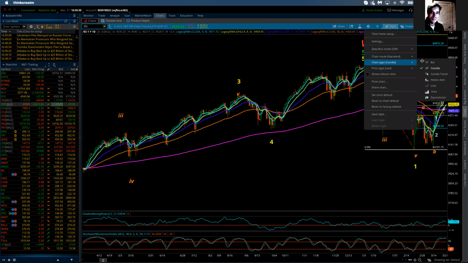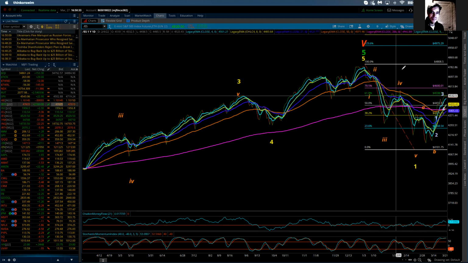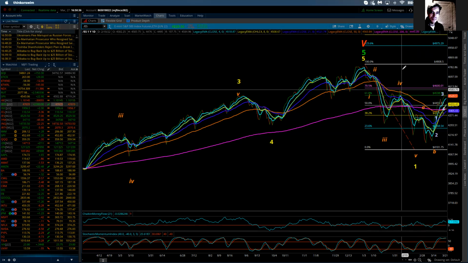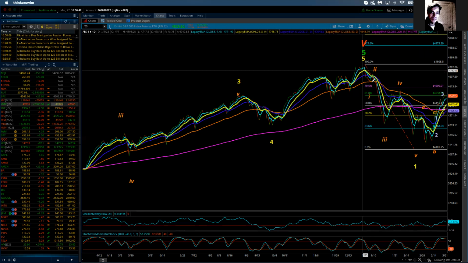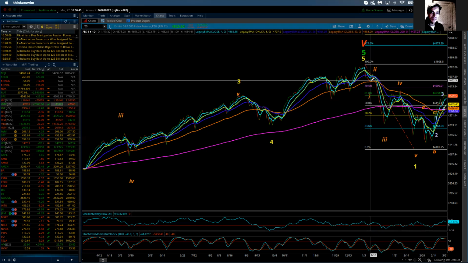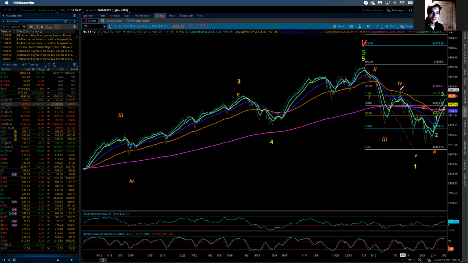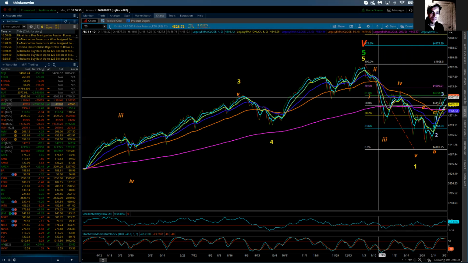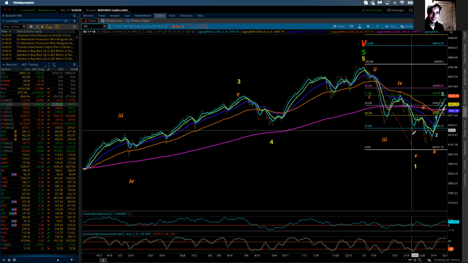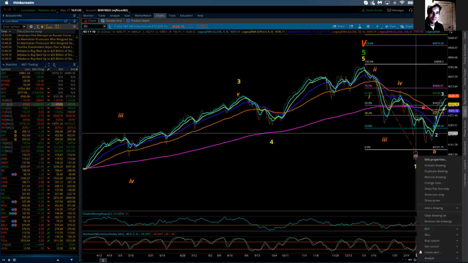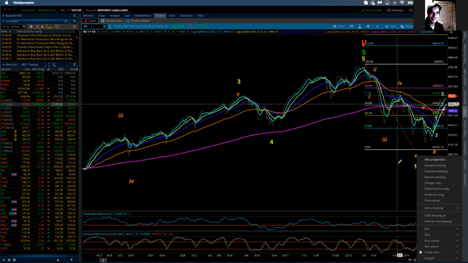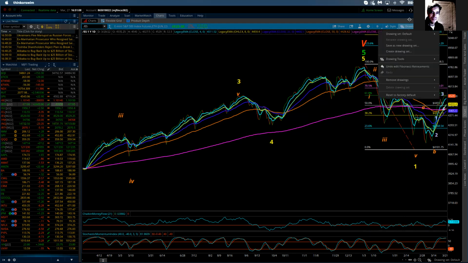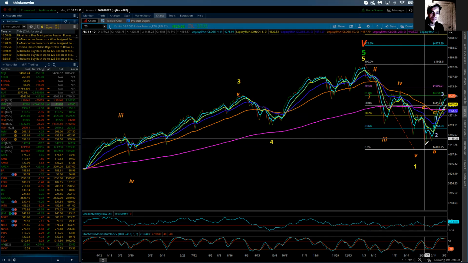But now I want to take this over and put it on a close basis, which I do often when I'm dealing with what could appear to be a sketchy Elliott labeling. Here on the closing basis, which is how Elliott formulated his counts, wave 1 does not overlap wave 4, and it's much clearer: 1, 2, 3, 4, and a 5. Actually, that 5 belongs over there. Well, actually, I'm going to leave it right there because that fits on the other chart. But I believe that is going to be it.